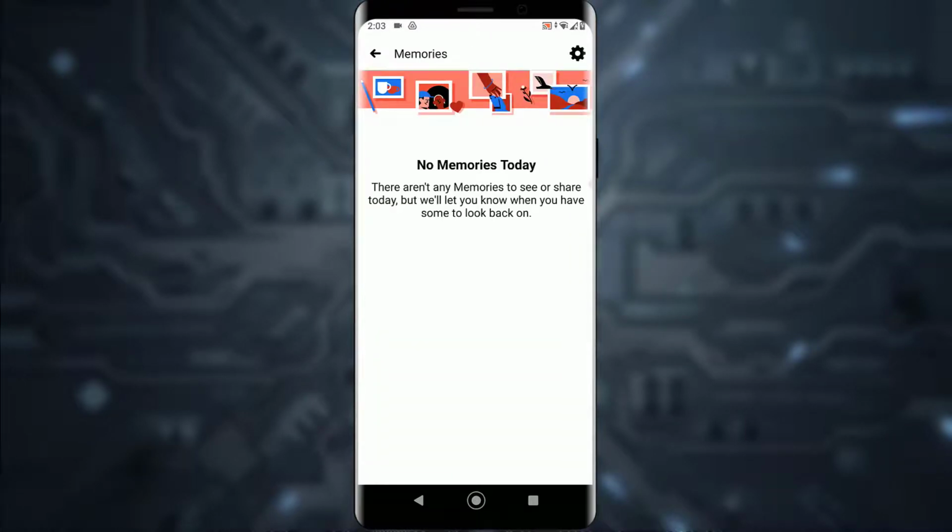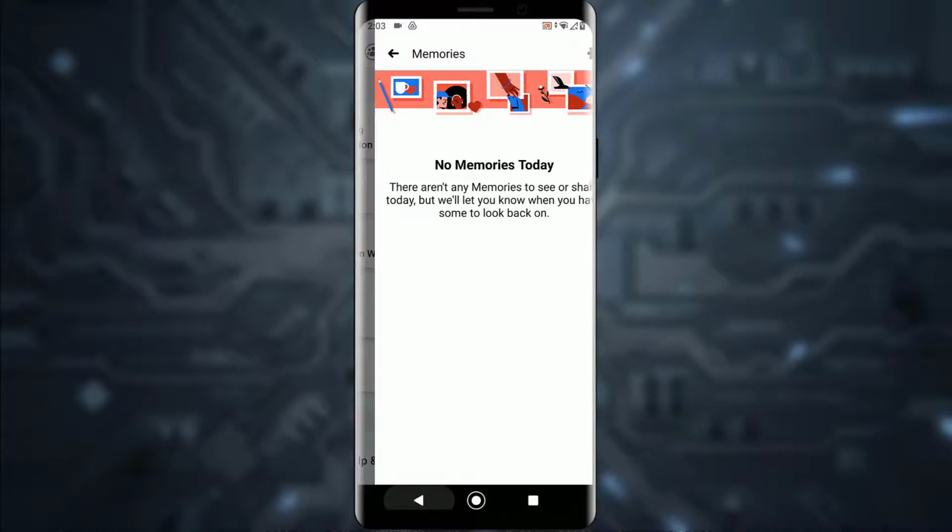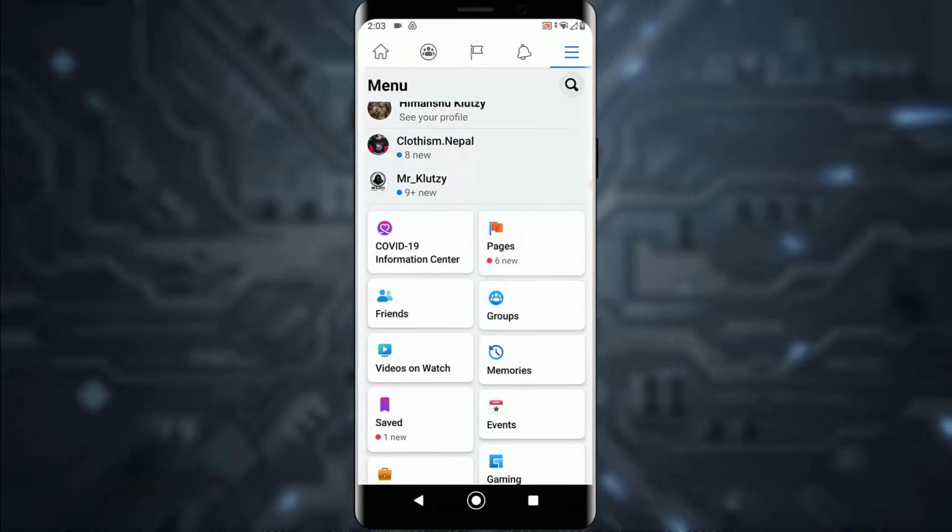As you can see, I don't have any memories currently because I don't have that much posted, but basically it will show you all your memories right over here. You can simply scroll down, and there is also another method that you can check,